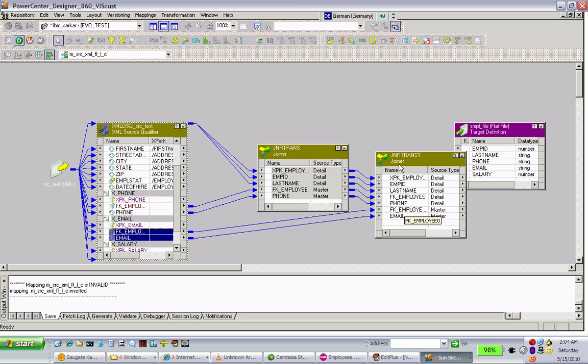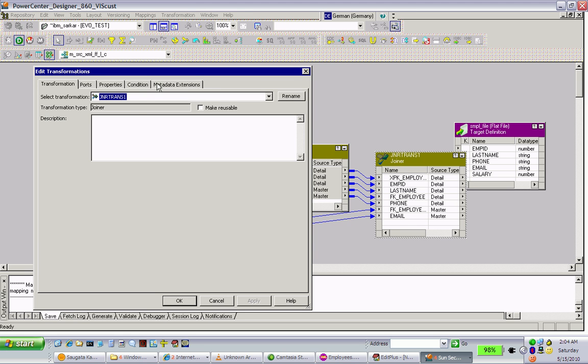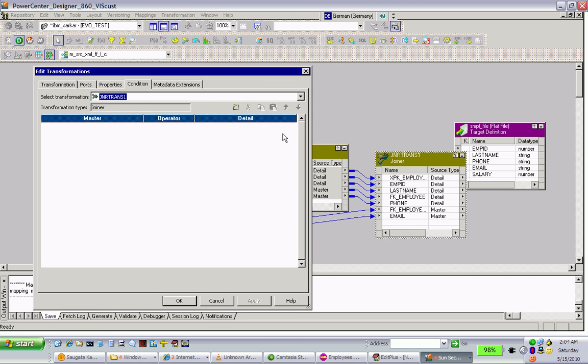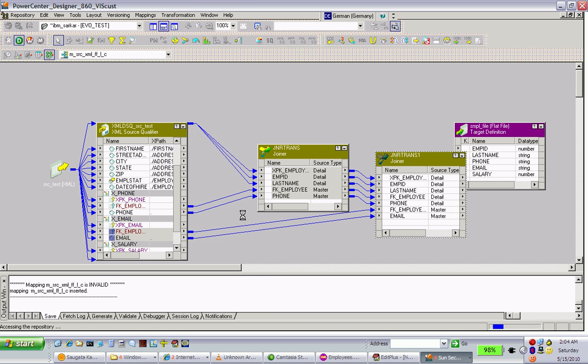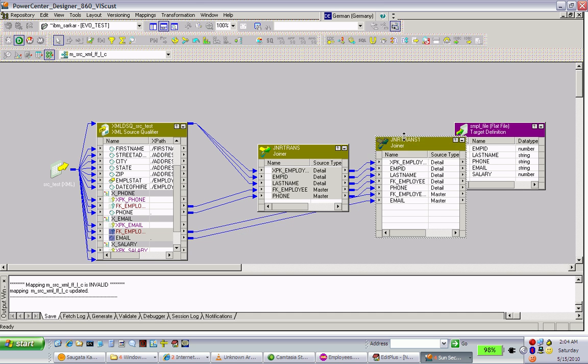Now condition, let's look on the condition. Add a condition, joining condition. So fk employee 00 xpk employee, that is what I just want. Now another thing I'll do. Now my record has employee ID, last name,